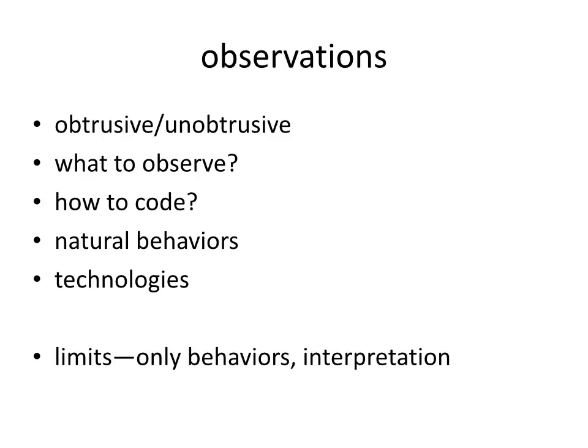The major limits of observation are that we can only observe behaviors and that we have to interpret what we see. So we don't get what's going on in people's minds. And humans are very cerebral. Even the least intelligent of us is a thoughtful, thinking, feeling organism. And if we limit ourselves to what we see only, we get a very thin slice of what's actually going on, I believe.